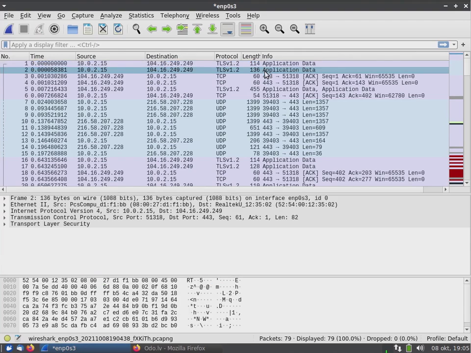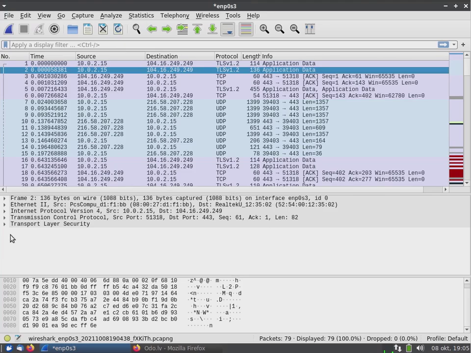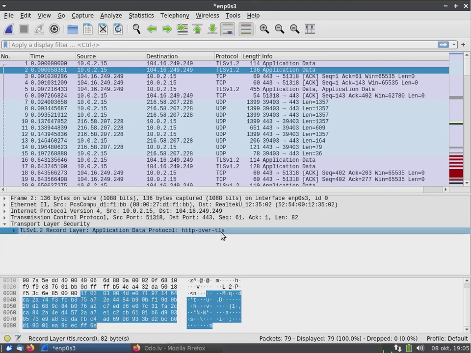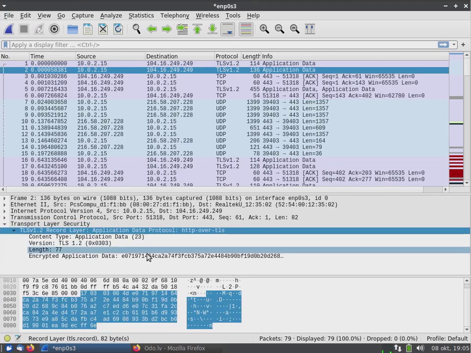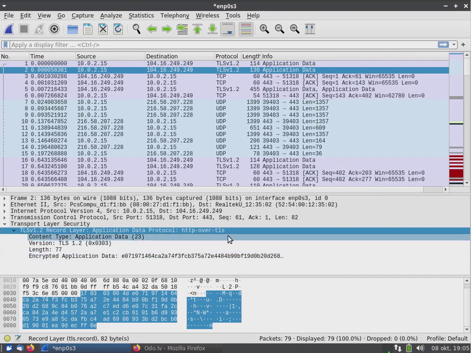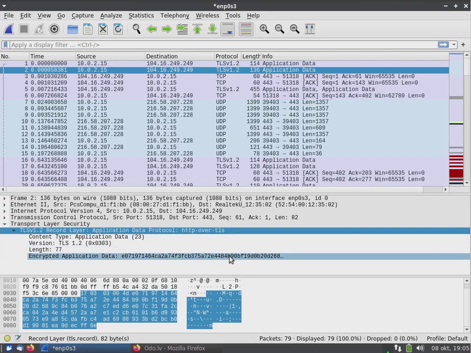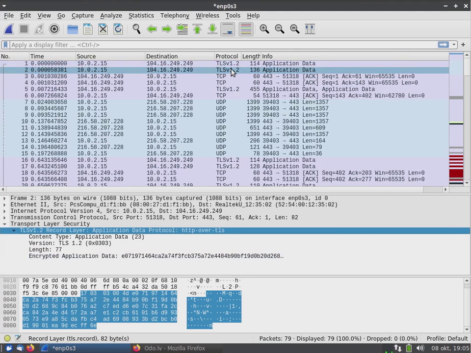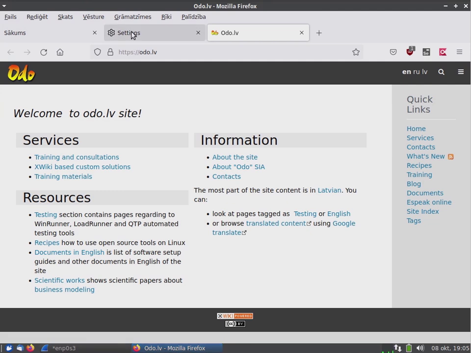Some data were sent to this server, some data were received back, but these were encrypted and nobody actually knows what DNS record I was asking for. Of course, this target server still knows that I was interested in this particular domain.